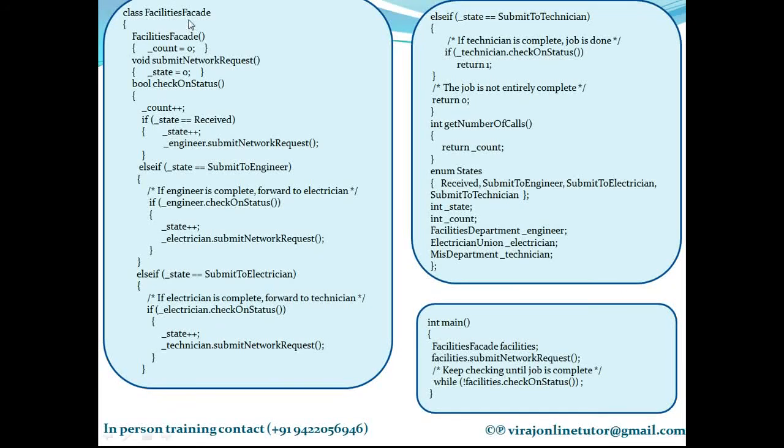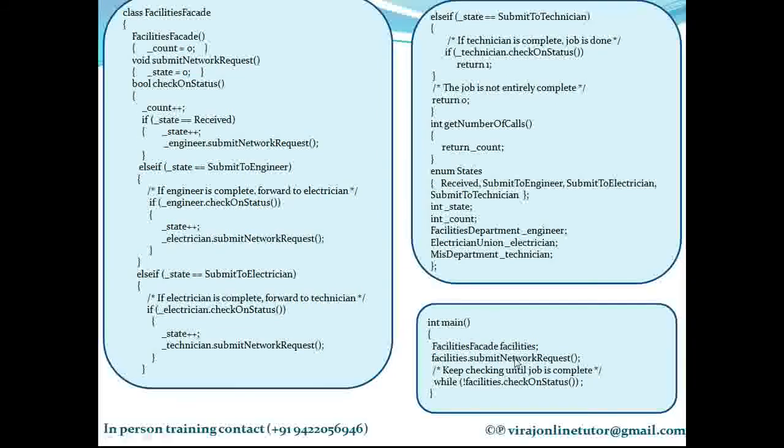So see how my Facade has simplified my task. Earlier I had to communicate with all the different subsystem classes and I had to do all the data manipulation, tracking, all those things. But now there is a Facade which is doing that for me. So this is me. Main function is me. Facade is not me. Please remember. The client or a user is this main function. It's not Facade.